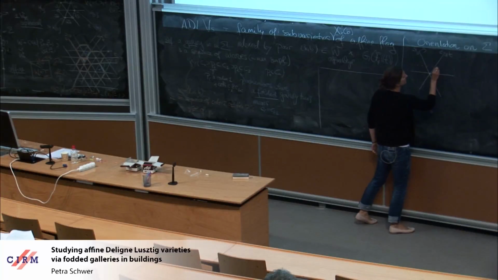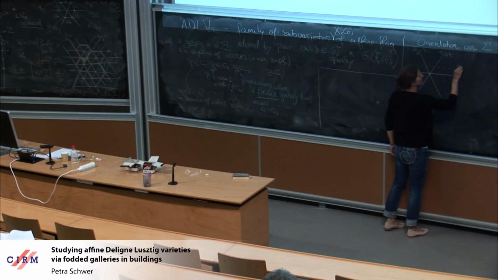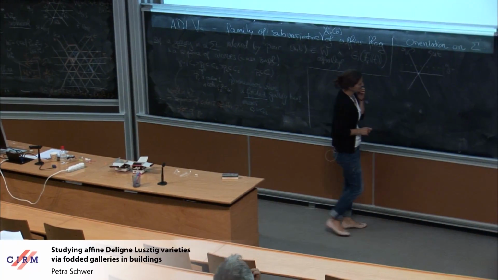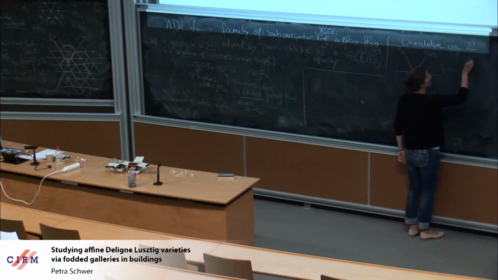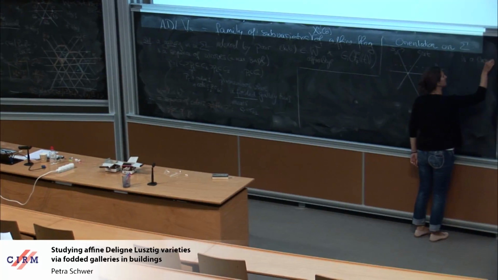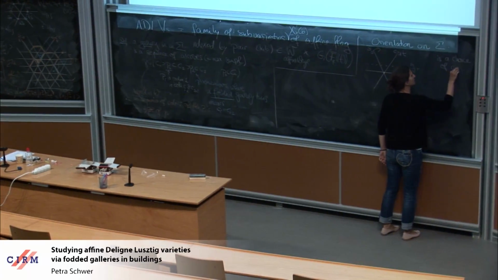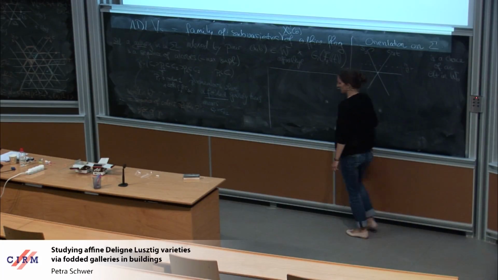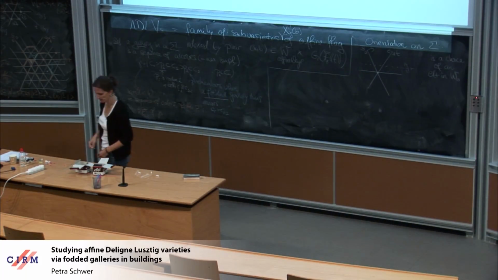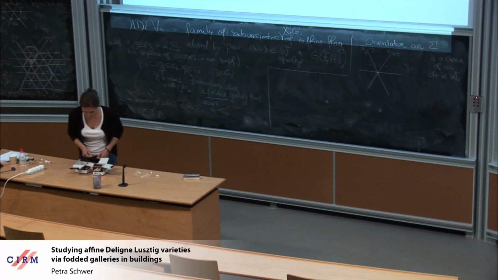together with another reflection R here. And an orientation is a choice of an element in this W naught. Okay, so how does it look like? Do I have yellow somewhere? Yes. Okay,